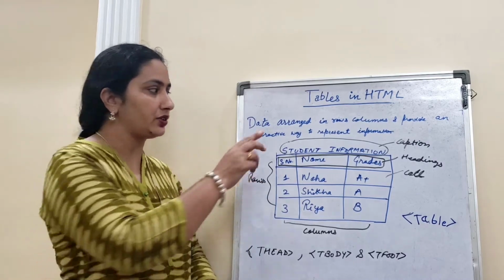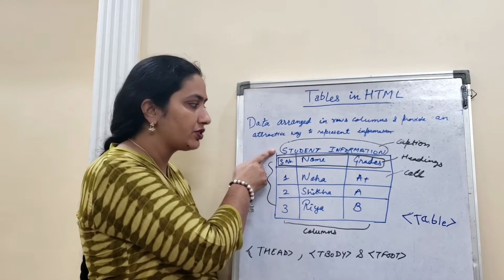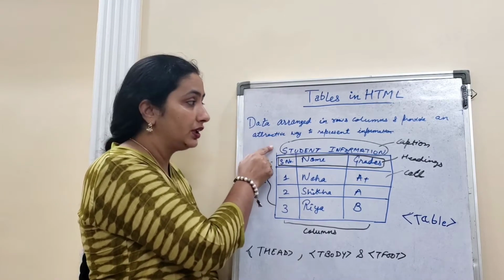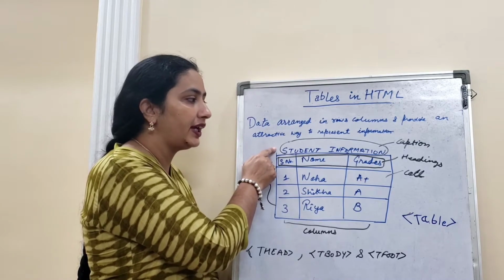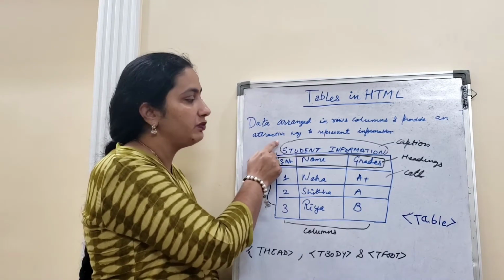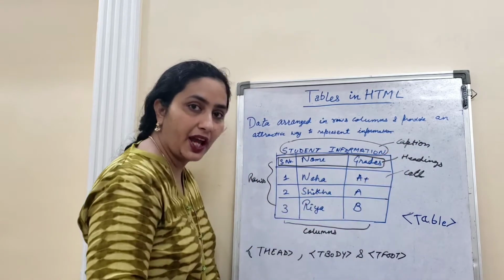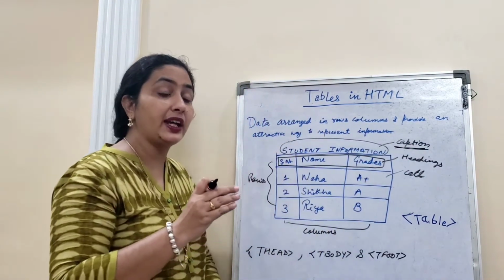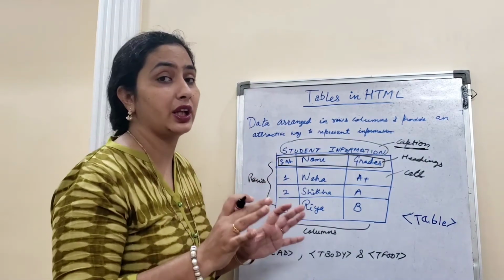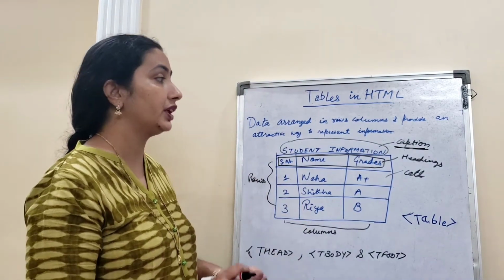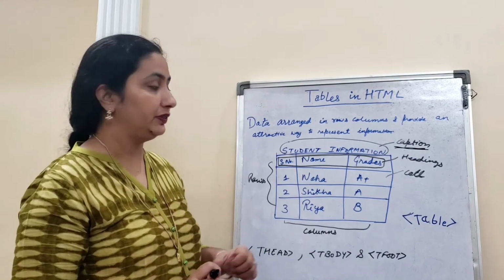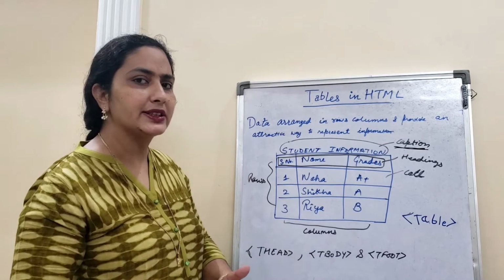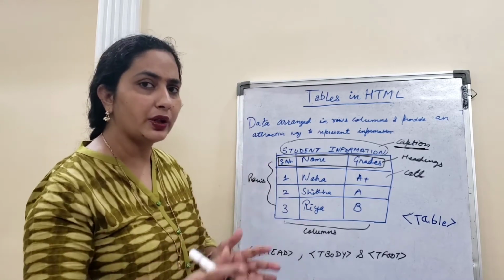Now just look at the top. Here we are supposed to write the heading of the table. So whenever we want to write the heading of the table, at that time we can use the caption tag for the purpose. The caption tag helps us to give the heading of the table, for what purpose we are using the table.